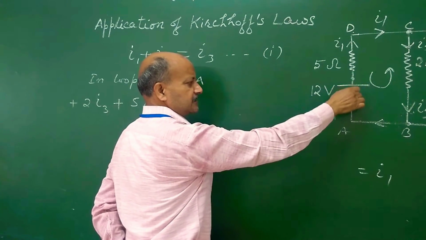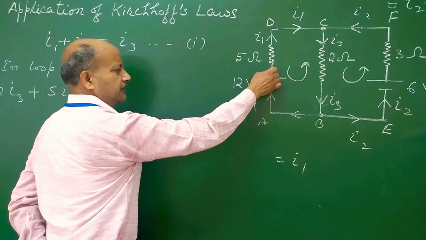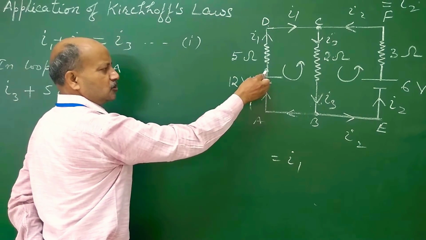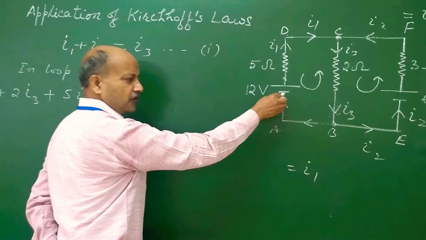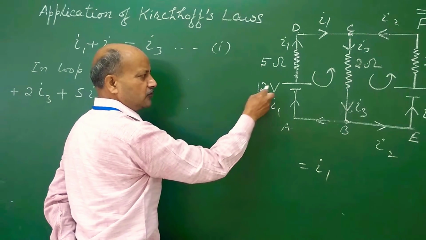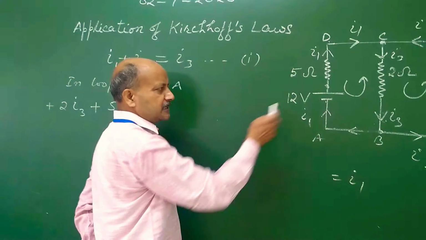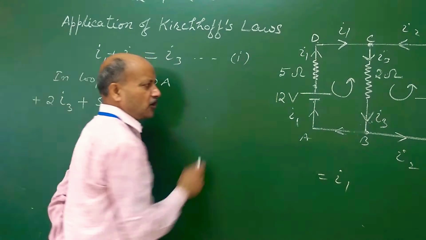We go in this direction. We are traveling in this direction. So when we travel from higher potential towards lower potential terminal, there will be a fall in potential. How much fall in potential? 12 volt already given. As we are proceeding from higher potential terminal towards lower, there will be a fall, and